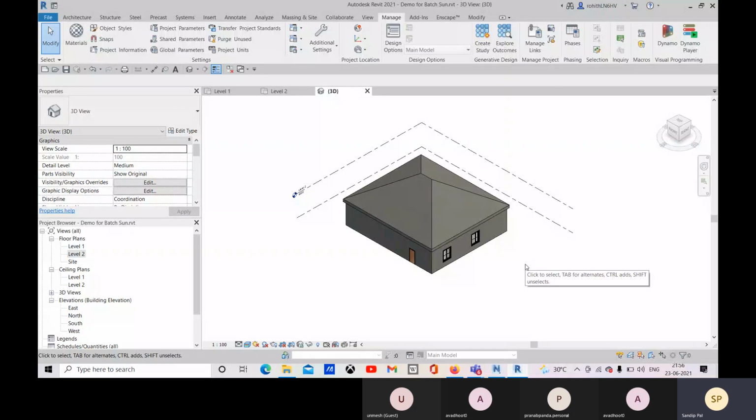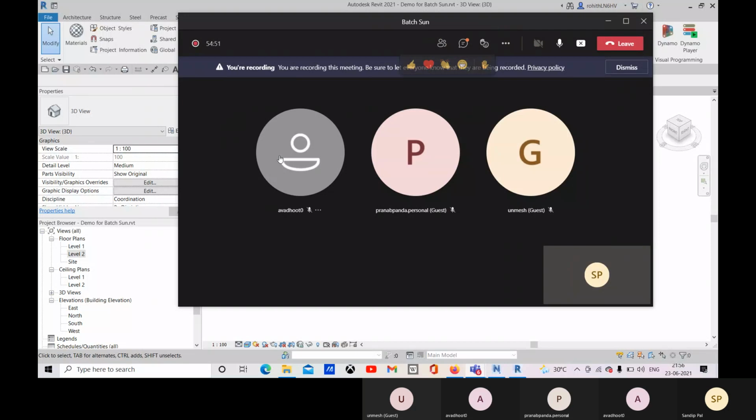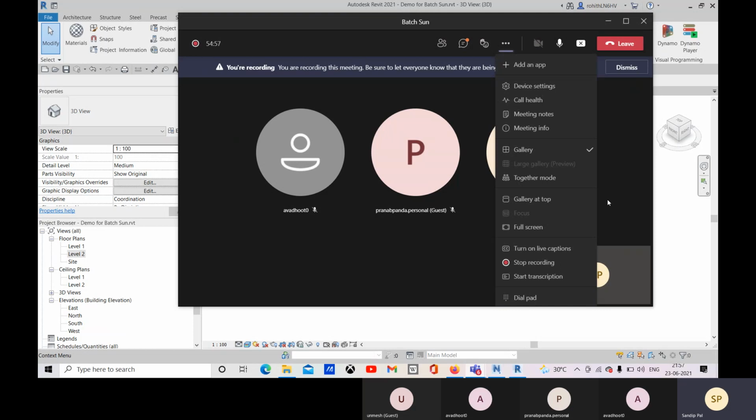Okay, so this way we will select that element and we will solve all the clashes. This is how we will use our Navisworks software. We will operate this way for Navisworks. Okay, so that's all. I hope you understand. Thank you very much.